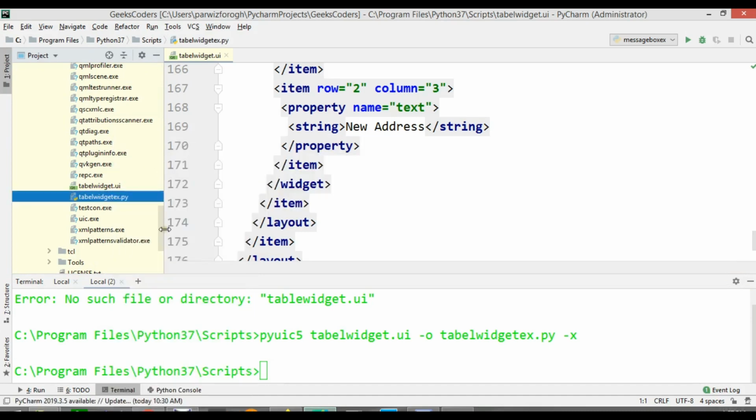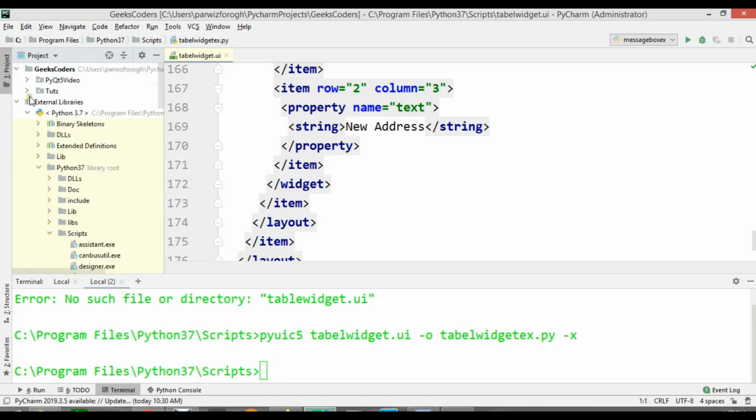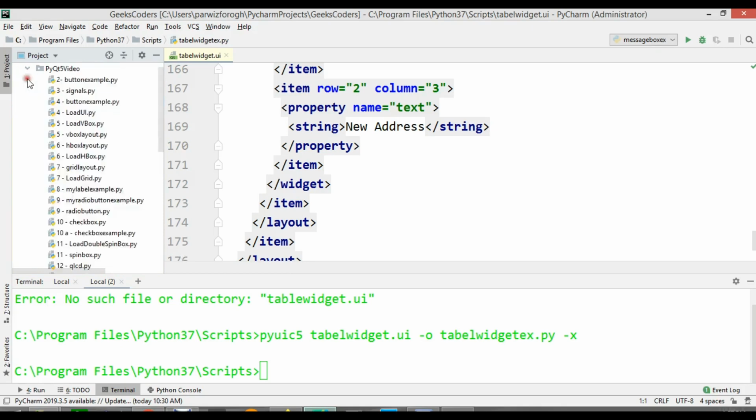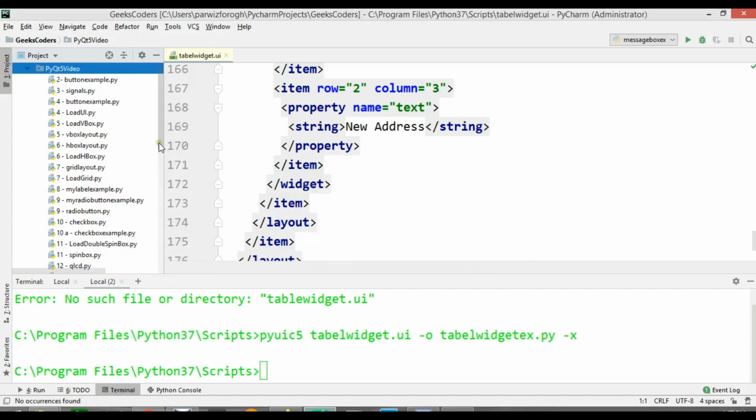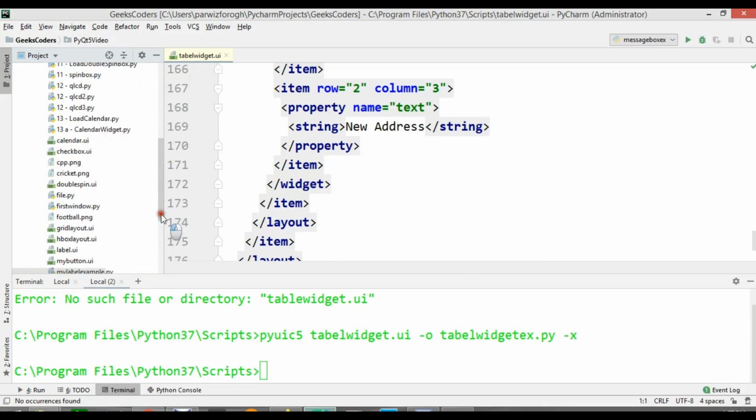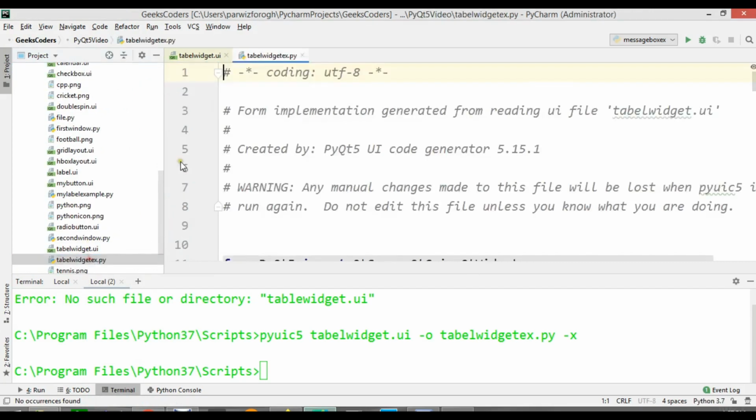Now let me cut this and paste it where I have my Python files. And table widget example, now this is the converted file,